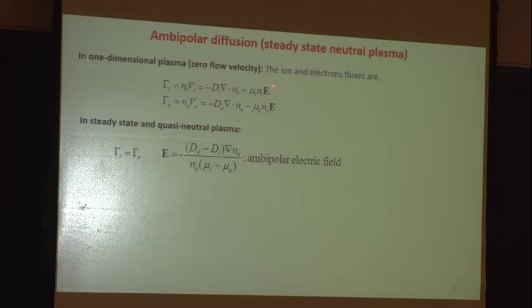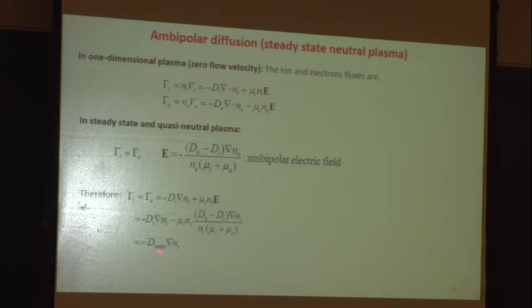and then you combine the electric field, you will say my electric field is equal to the concentration gradient of the electrons multiplied by the difference of diffusivity and divided by the mobility. So this is the electric field that the electrons and ions create to try to balance the external electric field. I have an external electric field E, but internally ions and electrons diffuse. I generate an internal electric field to counter it, and then it becomes a steady state, no motion, right? So this is the diffusivity.